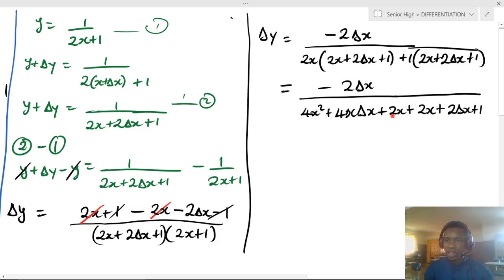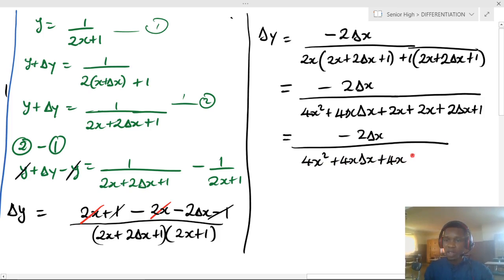Like terms, we are like terms. We know that these two can add up to each other. That's the only thing that can add up entirely, right? So 2 delta x over here is what? 4x squared plus 4x delta x, and then we have plus 4x plus 2 delta x plus 1,